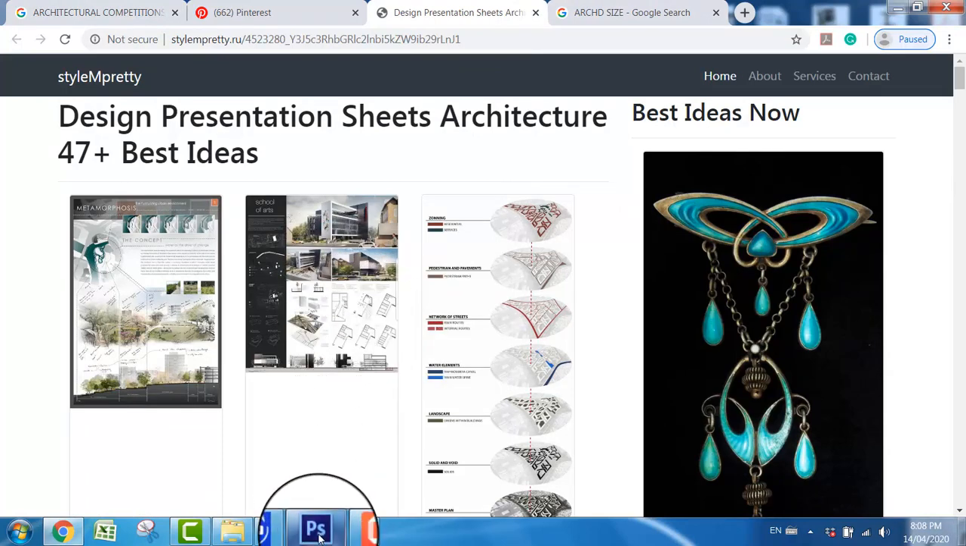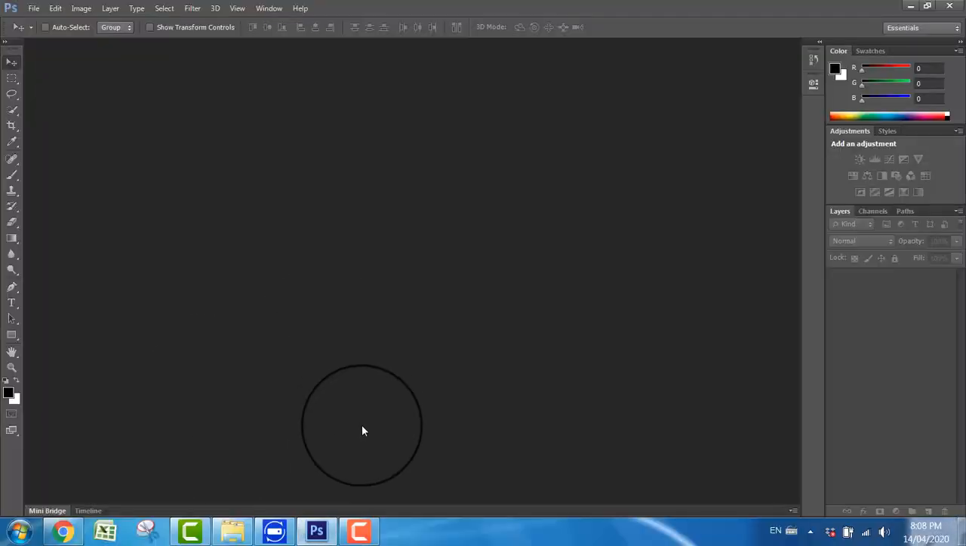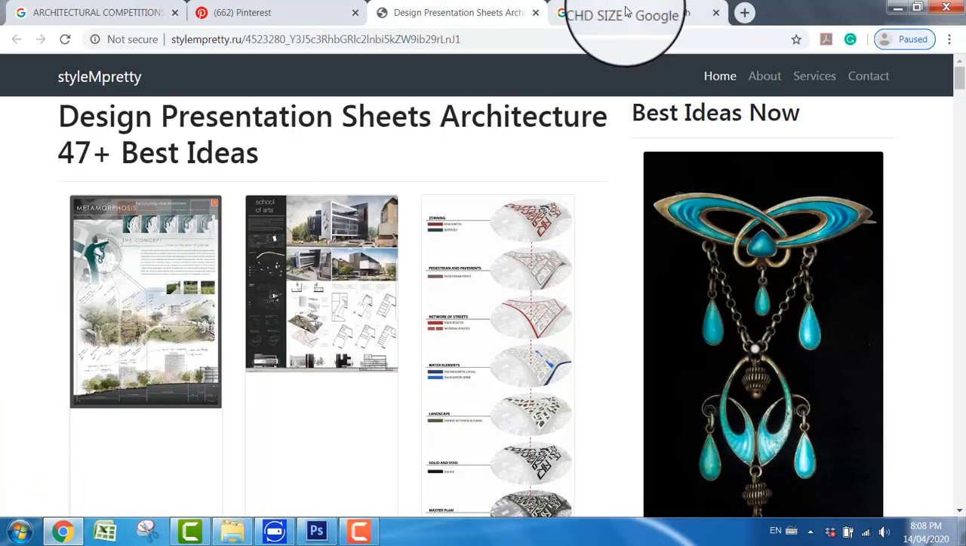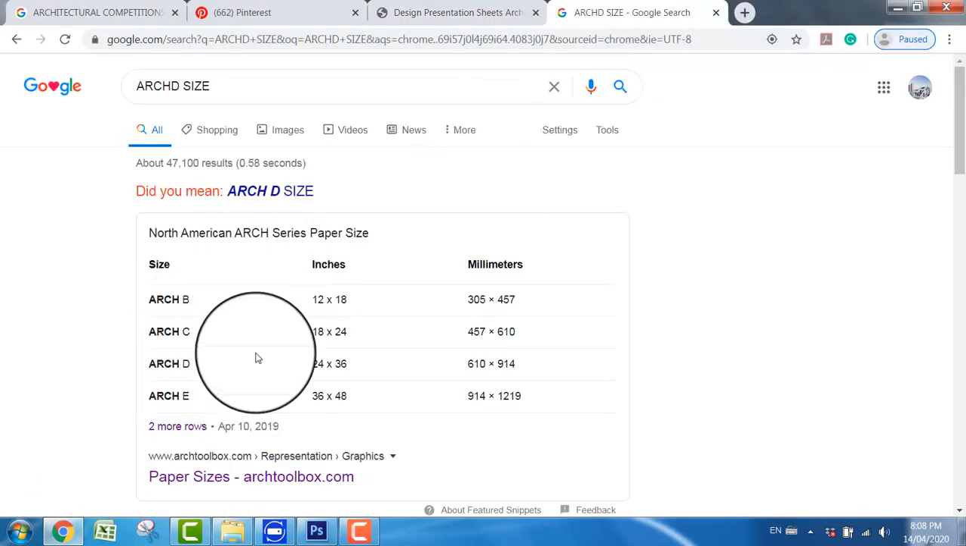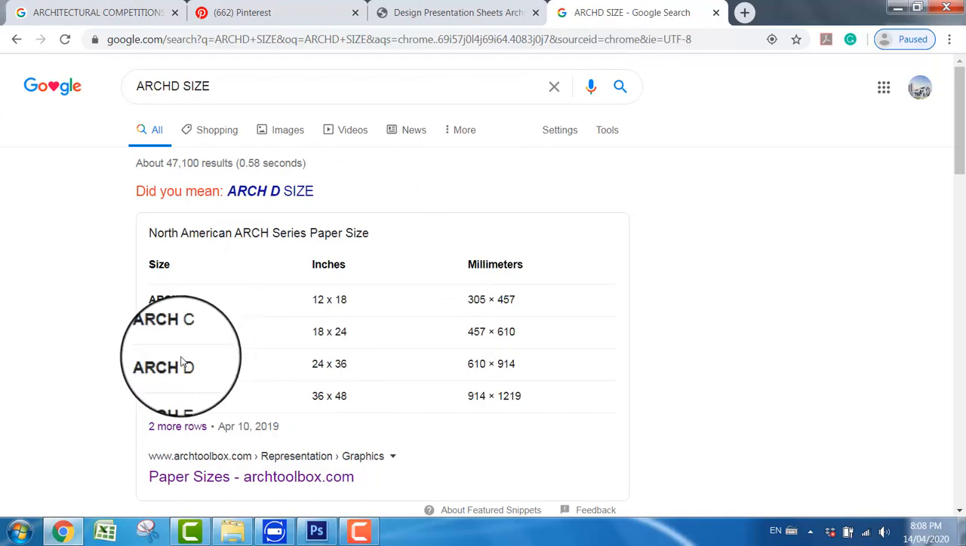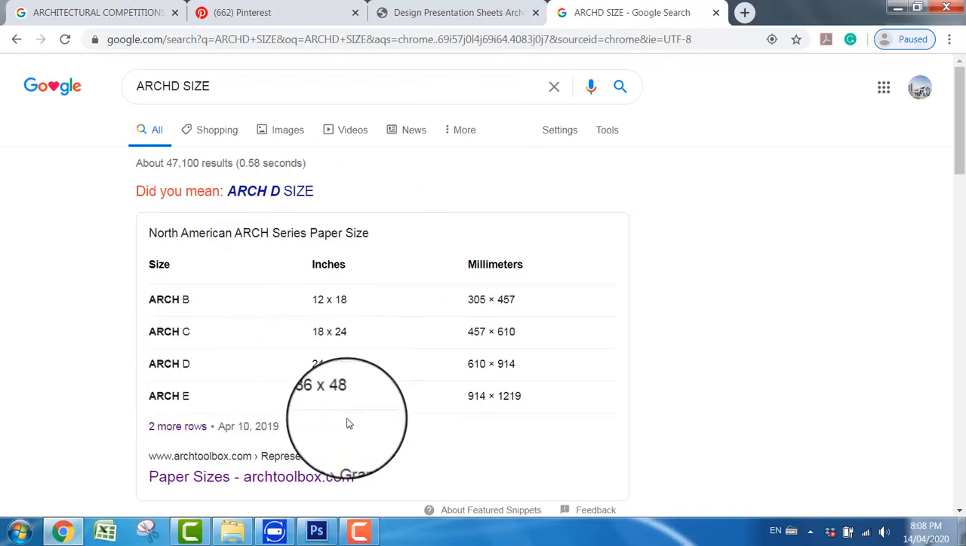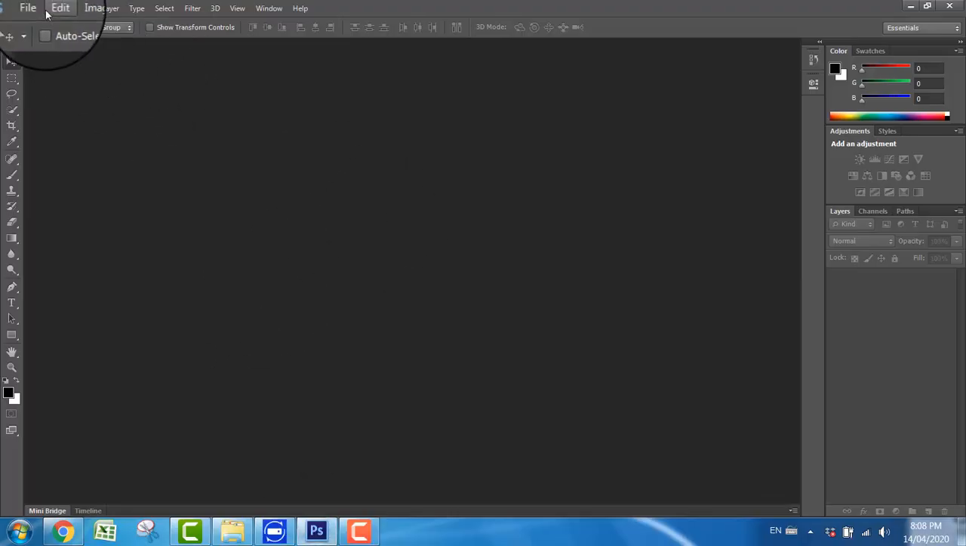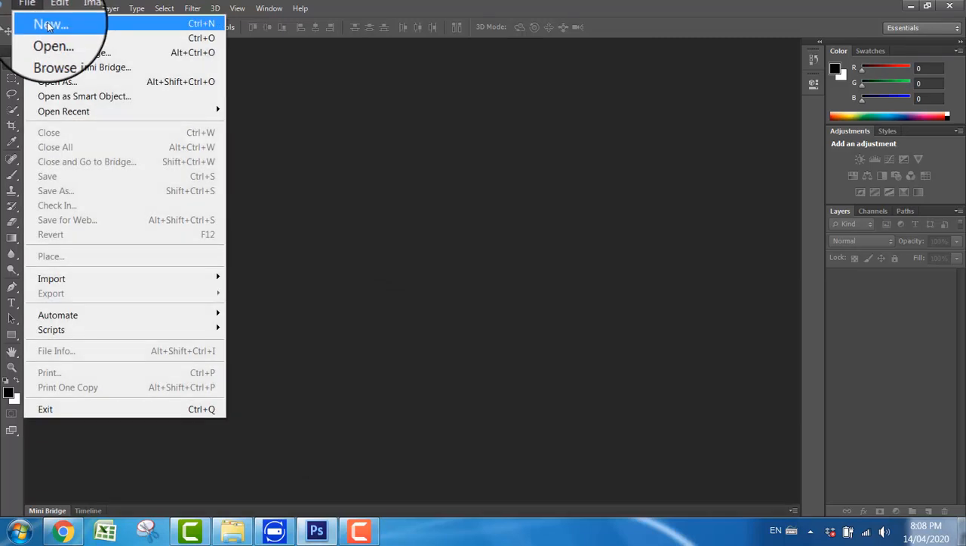Okay, then you open Photoshop. First I'm going to make the banner based on the size that is required. So imagine that we are going to make an arch size. Here you can find different sizes, and if you are going to make arch, it's 24 by 36. So File, New,